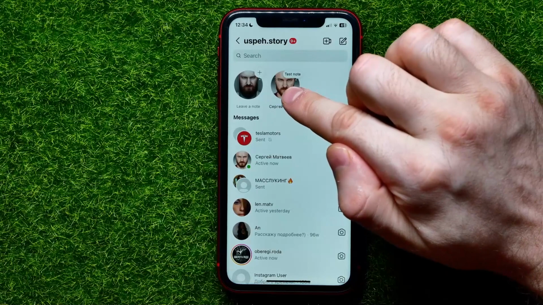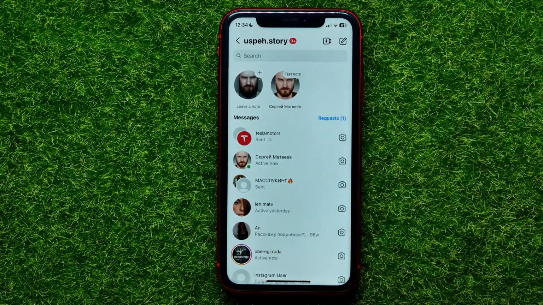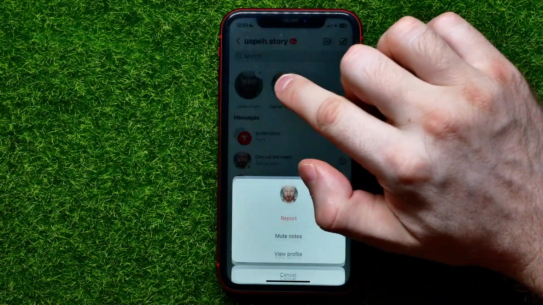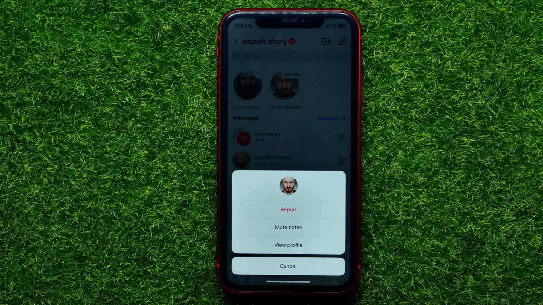As you can see right there, I got a note from my another account, so let me show you how you can easily mute the notes from that account. All you have to do in that case is just hold down on that profile picture and among these options